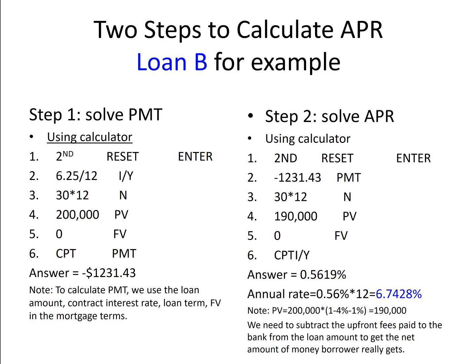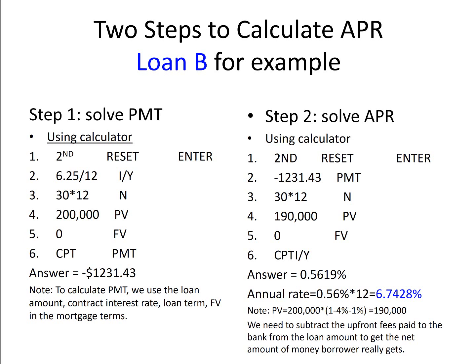The number of periods is 30 years, 360 months. Present value is $190,000, which equals $200,000 minus 4% upfront fees and minus 1% mortgage insurance. So the net amount of money the borrower gets from loan B